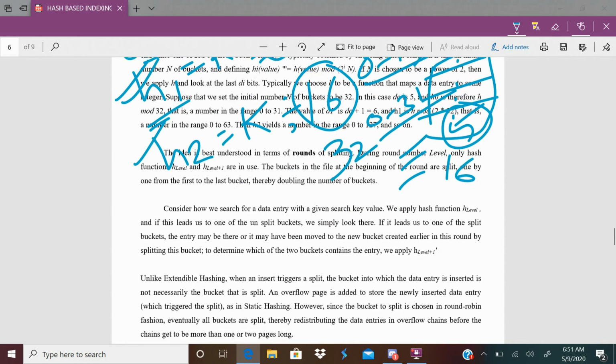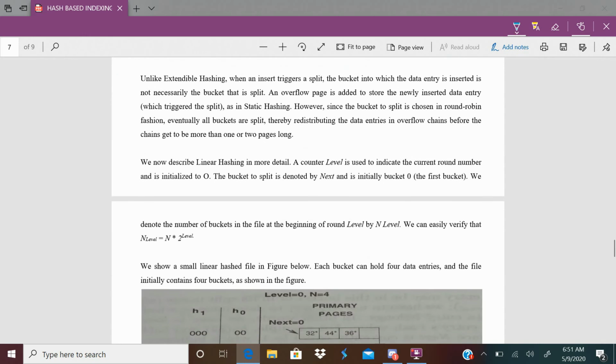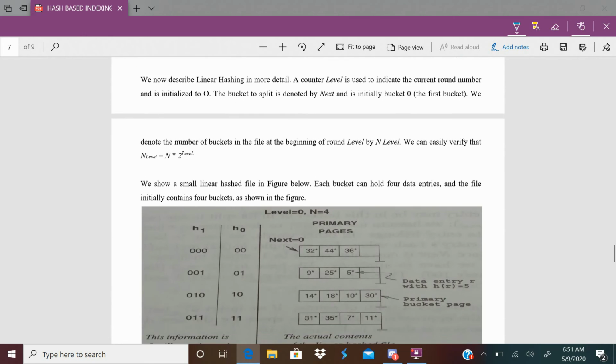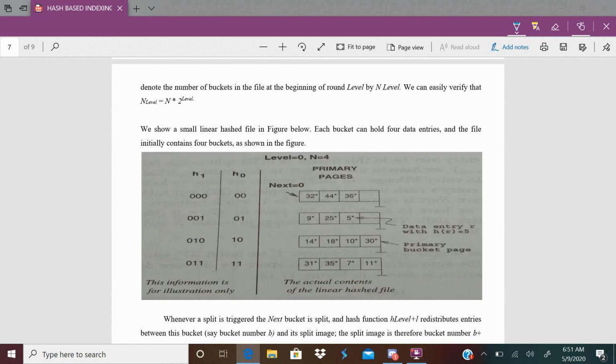Now I will explain the concept with respect to examples. Before I continue with the example, just have a look at the diagram and understand some terminology. Here I'm using a word called level. This level indicates which hash function is to be used.